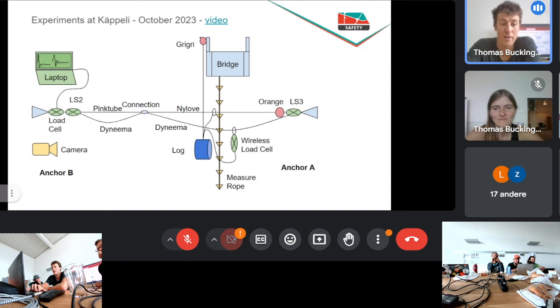Okay. Then we had a camera filming everything, with a rope that was used to measure the distance that the log would fall. The rope had a tape every meter, and you can see that on the camera. And then finally, to simulate a backup fall without having to cut a piece of webbing every time, we had an orange, the releasable Slackline web lock with just 5 centimeters of tail out of the orange.